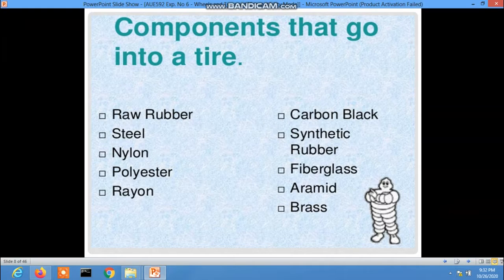The beads are made of high tensile steel wire whose strength may be as high as about 1 GPa. The steel wire is coated with copper or bronze to make it corrosion resistant. The stabilizer belts are nowadays made of steel. Steel radial and steel belted bias tires are very popular and common due to the steel used as the tire belt.